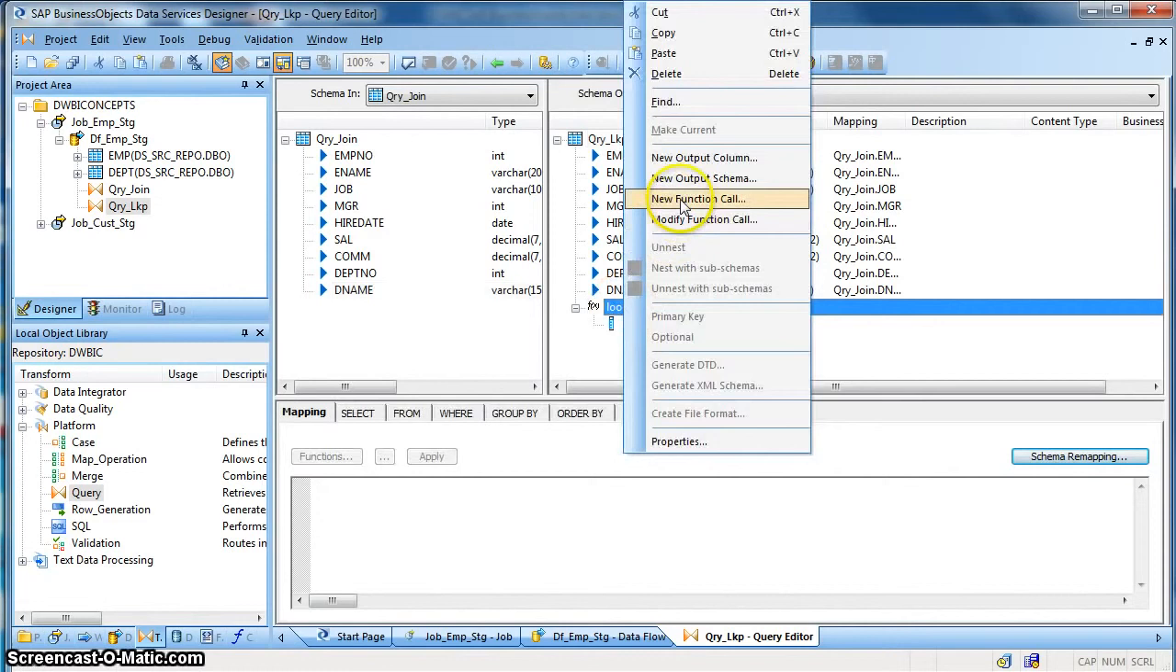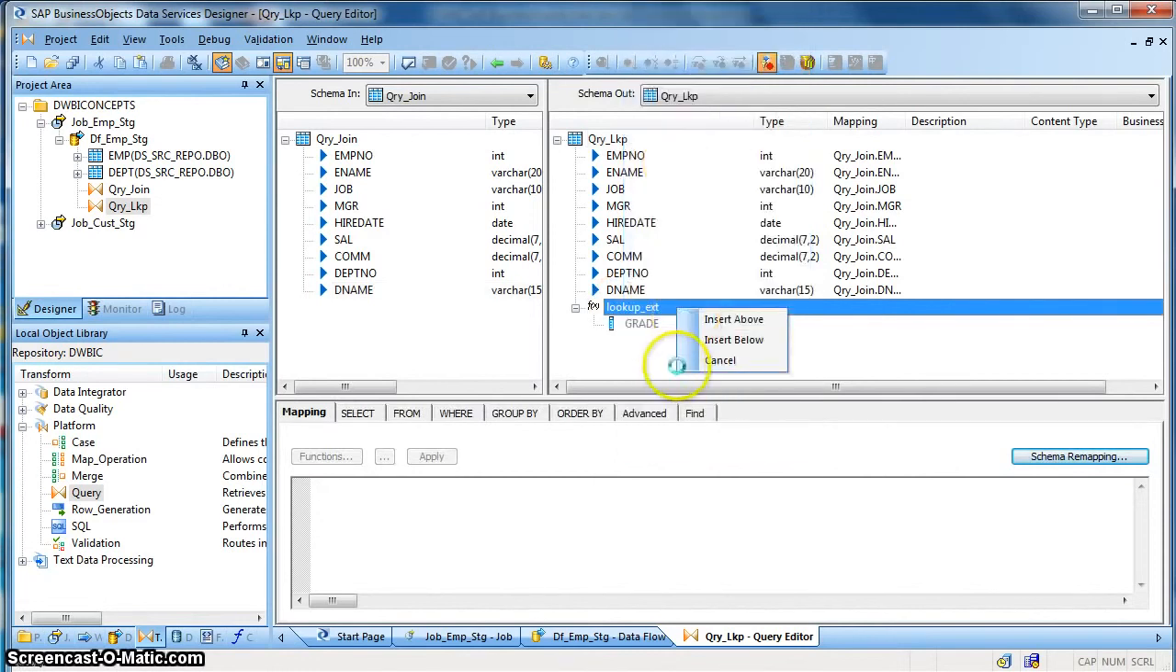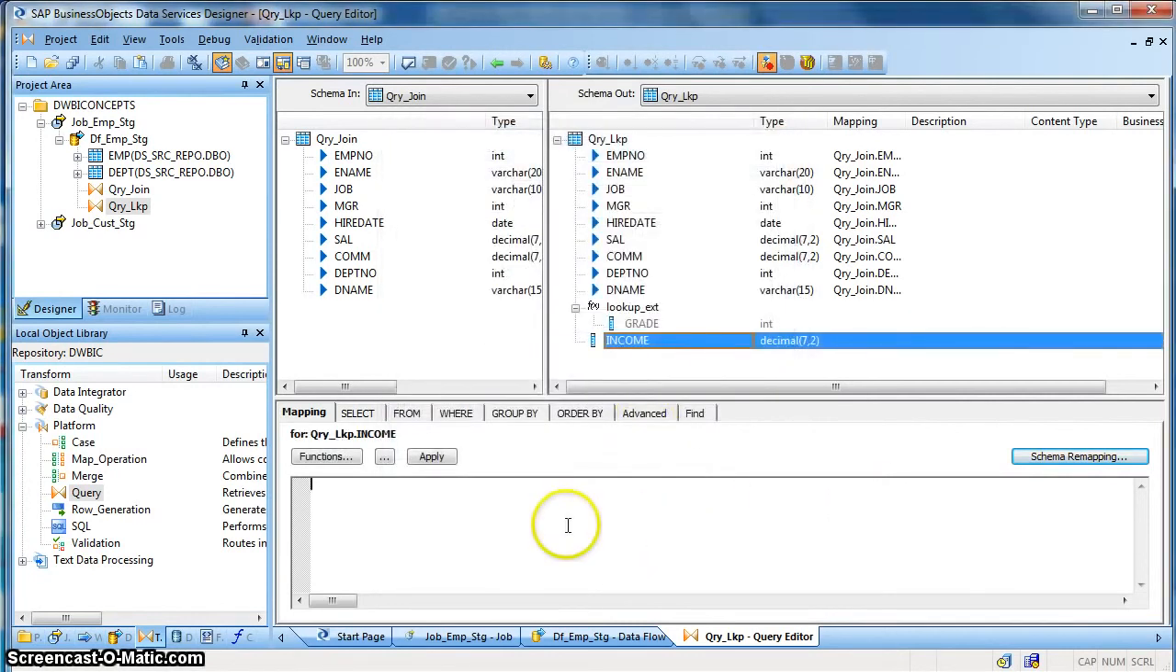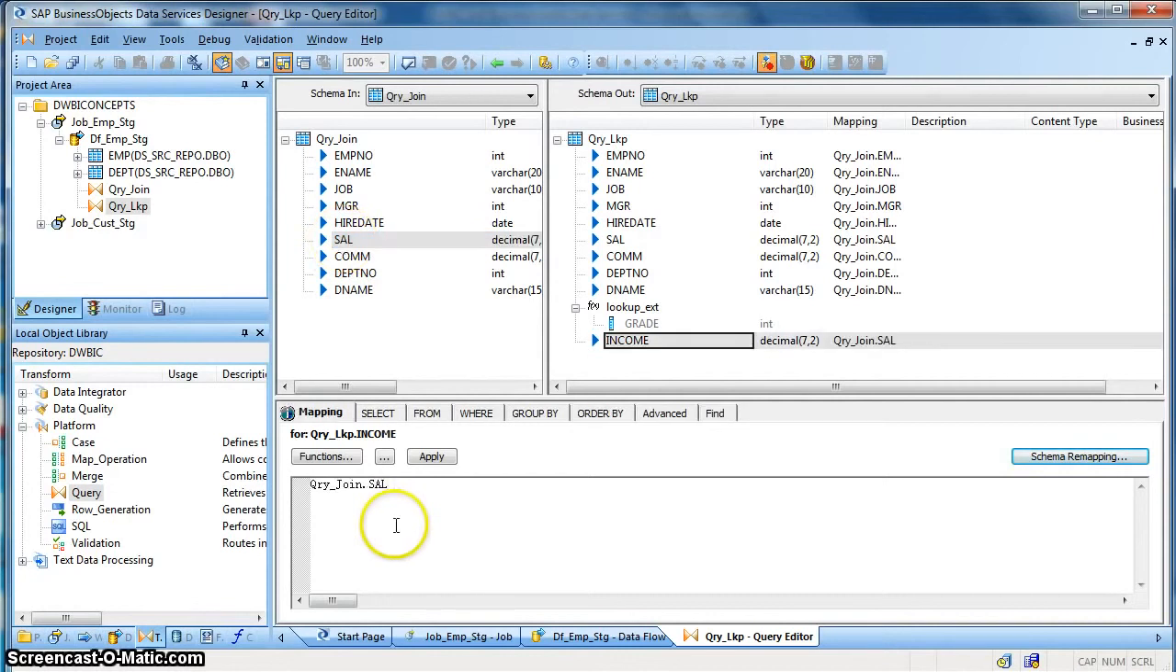So, new output column, I want to insert below the grade, and let's name it as income. I want to have a column where I sum the salary and the commission of an employee. So name it as income, data type decimal, 7, scale 2. Okay. So how will I define it? I will map it with salary, summation,